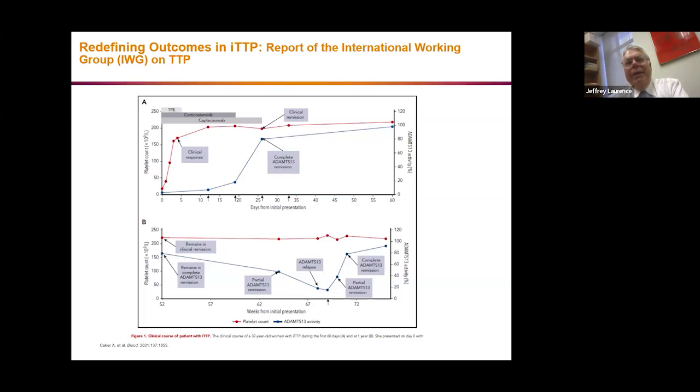In fact, the scariest thing here is that complete ADAMTS13 response or remission is still, in many instances, being considered as: let's get that ADAMTS13 over 20%. There's a study recently published in Blood from the United Kingdom where they looked at quartiles of ADAMTS13 from less than 20% to greater than 80%. When they did a 10-year follow-up with these patients, unless you got ADAMTS13 over 60 to 80%, you still had long-term sequelae. You really need to make it normal, which in our lab is somewhere between 70 and 120%, not just greater than 20%.